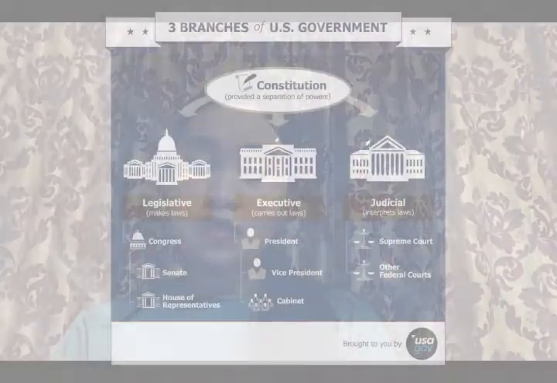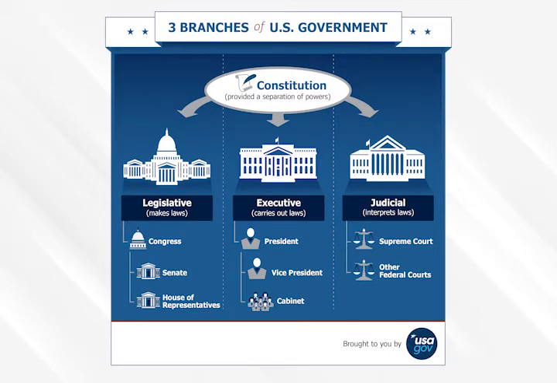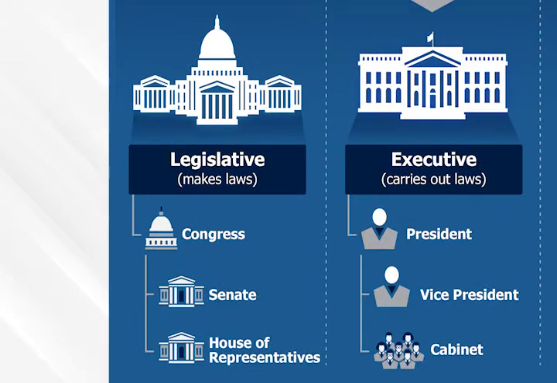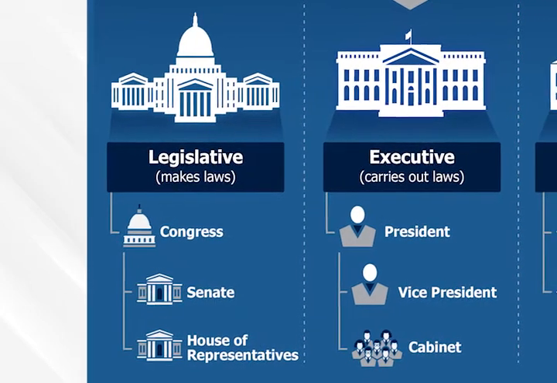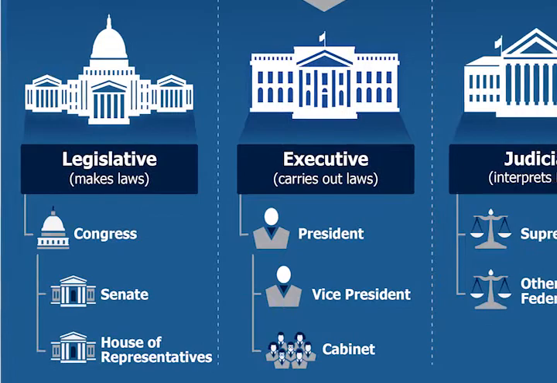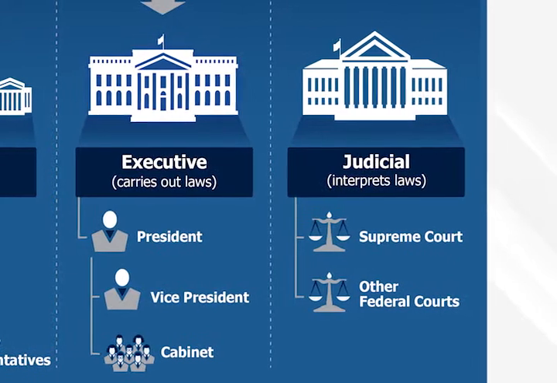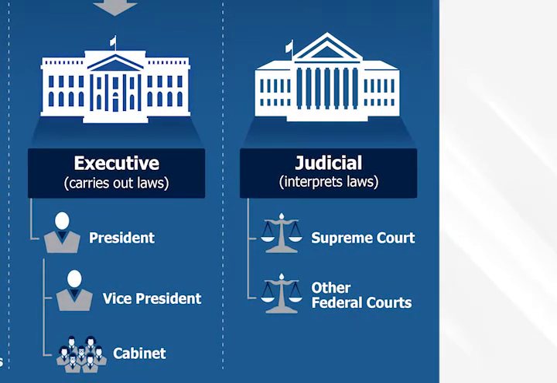For the United States, the Constitution divides the federal government into three main branches in order to make sure that no individual or group inside the country has too much power. Those three main branches are, first, the legislative, which has the function to create or compose the law for the state. Next is the executive, which has the function to carry out the law. And the last is the judicial system, which has the function to evaluate the law that is made for the state.